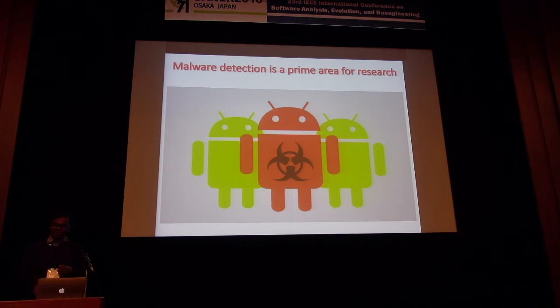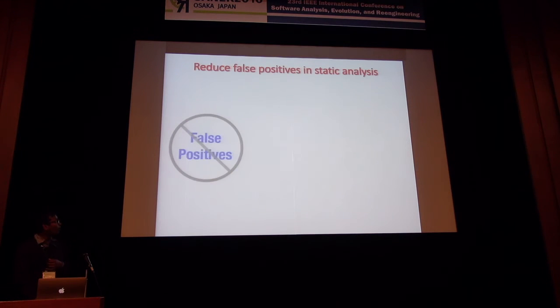But the future in this is, I think, that there's a few interesting problems to be solved. One is reducing false positives in these analyses. Right? It's a very big problem when you recommend something as malware, especially, and it's not. Imagine your app goes through and finds out that the Trump application is malware and you say that it is. You're going to see that Trump is probably going to sue you for classifying his app as malware. So you don't want that. Right? So you have to be careful about these false positives.